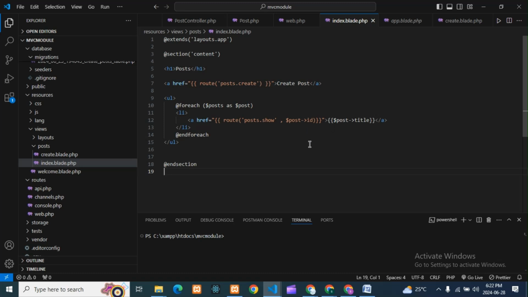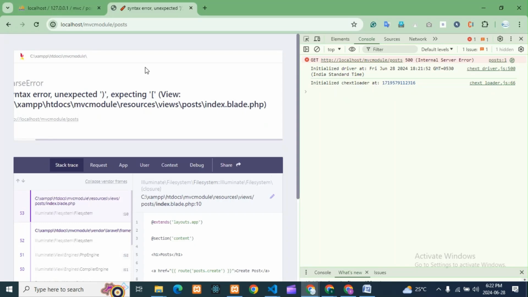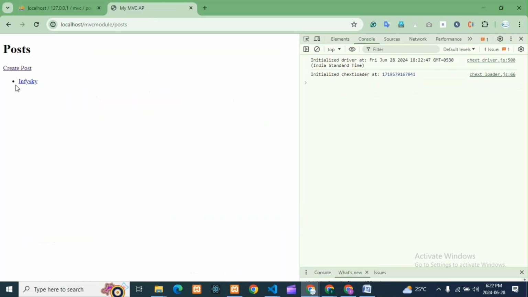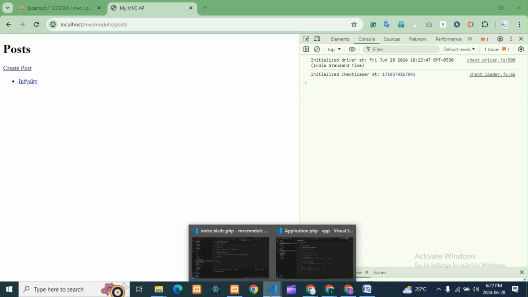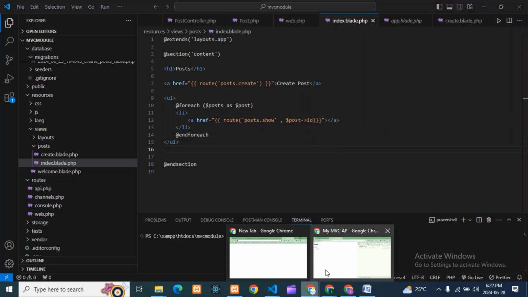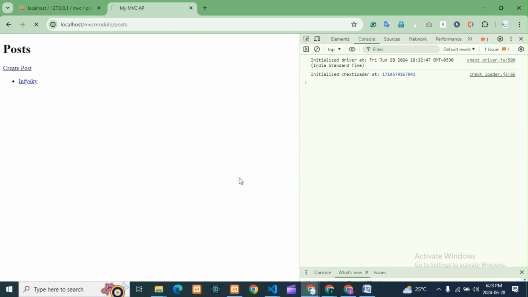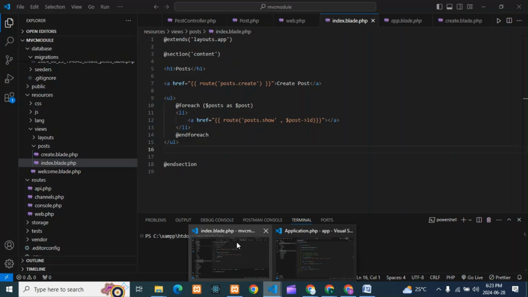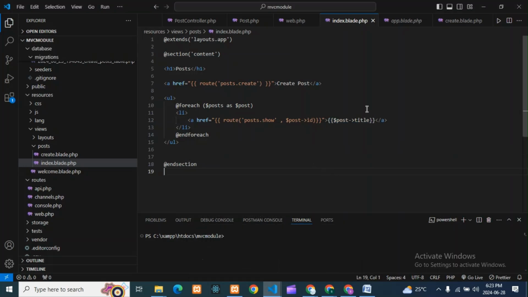Okay, now we'll check whether the error is gone or still there. You can see, guys, only the title we can see here because I have taken the title. Suppose I have not taken anything here, it will show blank data. That also I'll show you. You can see, guys, it is showing blank data, right? So to show at least the title we have taken this. Whenever I click on that title, it should show the data.